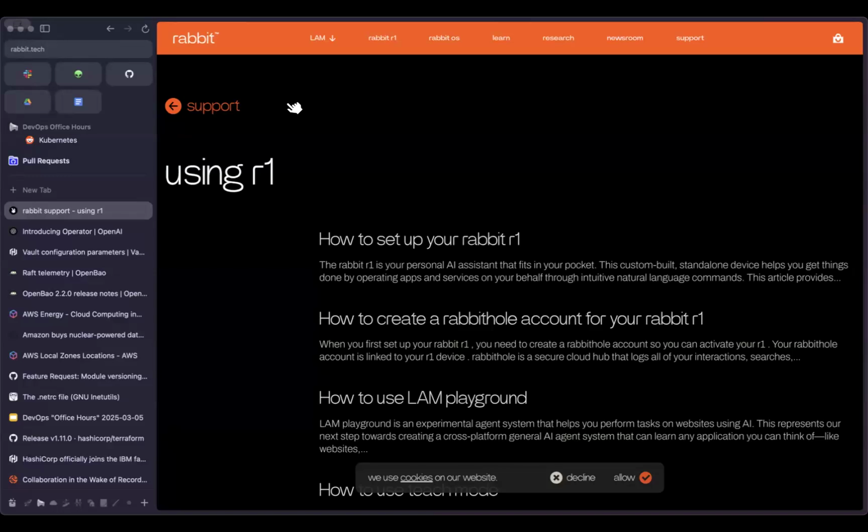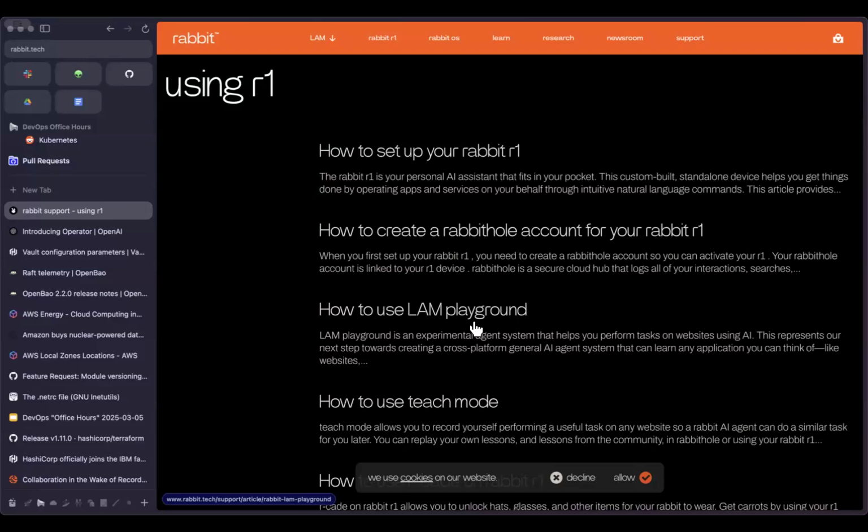Oh, got it. Haven't tried it, but they're trying to do something similar with their handheld. You talk to a handheld device that has a camera on it and just describe things. It sounds interesting.